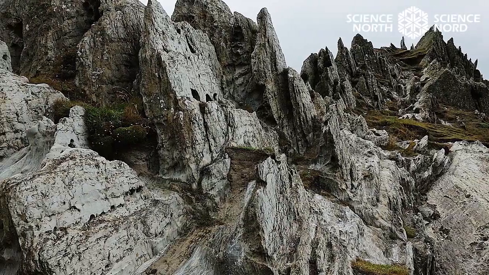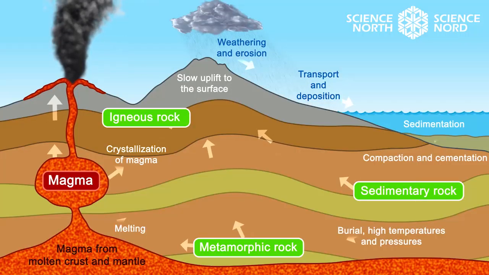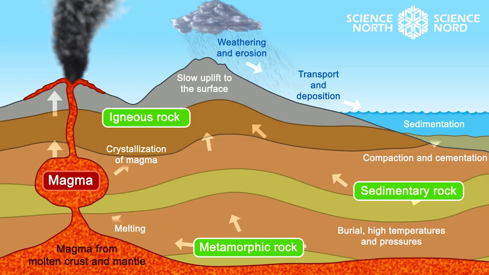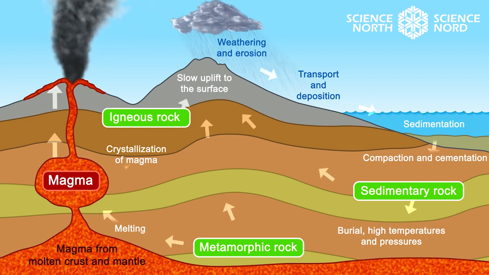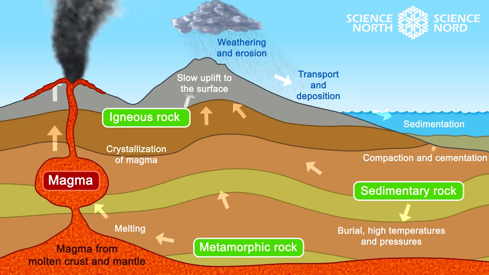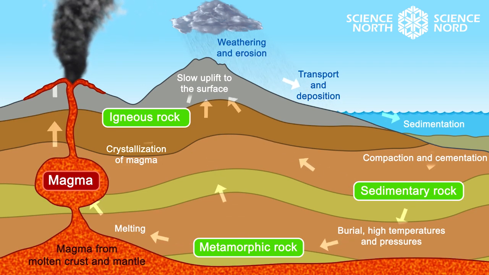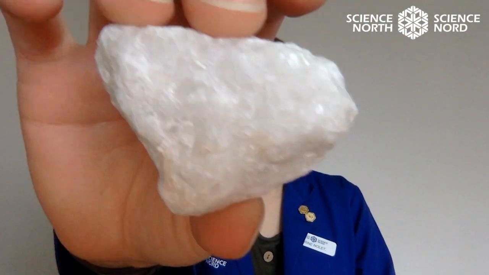Lastly, let's take a look at metamorphic rocks. These are rocks that have been changed or modified by heat, pressure, and chemical processes. They are always undergoing change. Metamorphic rocks are typically buried far below the Earth's surface. Examples of these rocks would be gneiss, marble,